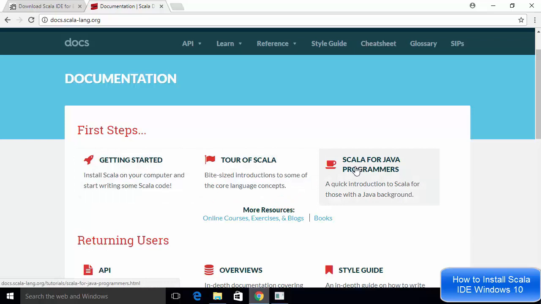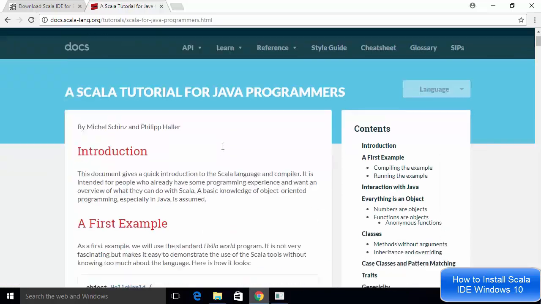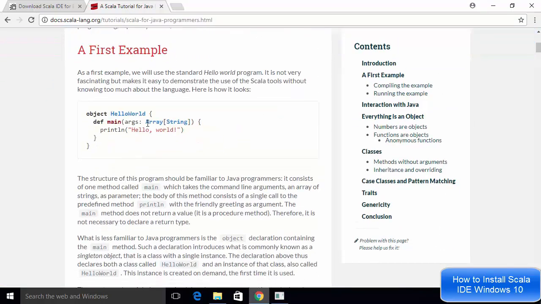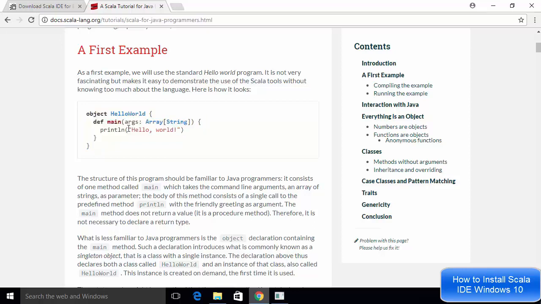I'm going to select this option which says Scala for Java programmers, and on this Scala for Java programmers page I will scroll down a little, and here I can see the basic hello world code which I can execute using Scala. What I need to do is create a Scala object file and then use this code to